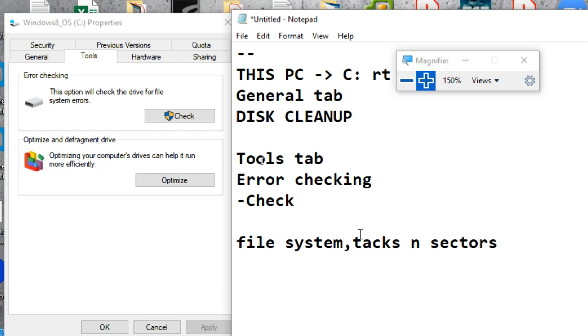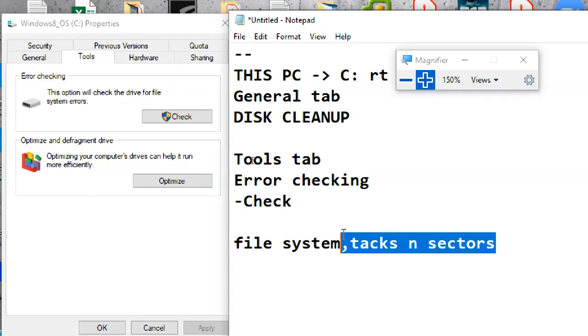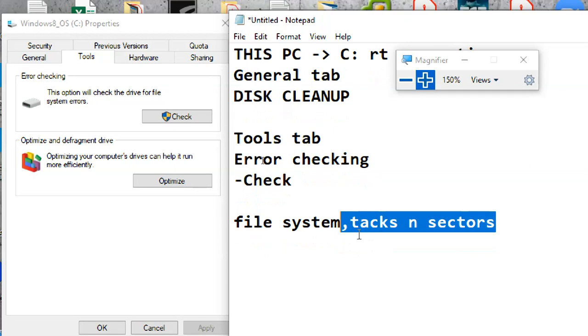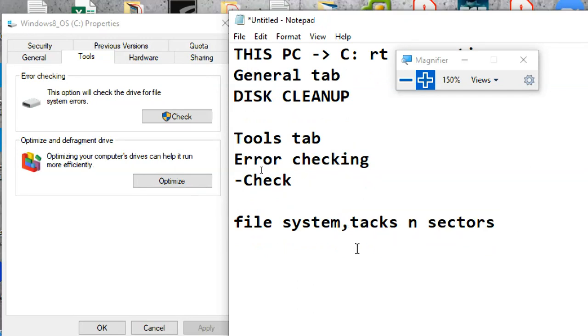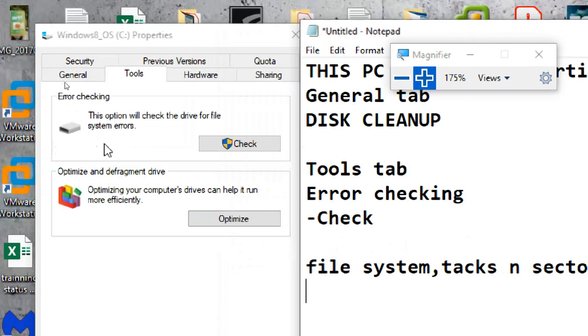Tracks and sectors mean your hard disk or a partition. In a partition you have a file system and tracks and sectors, and it checks whether they are good or not. And it will also check operating system errors. So this option will check the drive's file system errors.